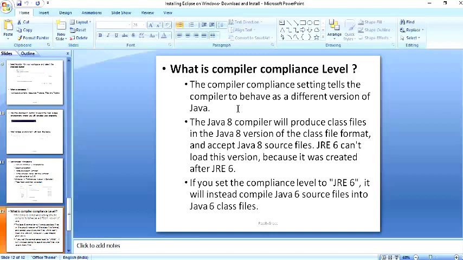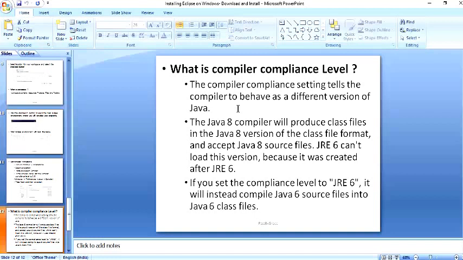The Java 8 compiler will produce class files in the Java 8 class file format and accept Java 8 source files. JRE6 can't load this version because it was created after JRE6. If you set the compliance level to 6, it will instead compile Java 6 source files into Java 6 class